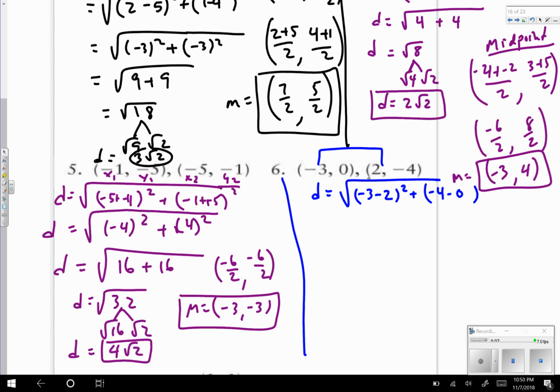I did this minus this, so I should have done 0 minus -4. But whatever. So 0 minus -4 squared. So this right here, 0 minus -4 is just going to give me 4 squared, plus -3 minus 2 is going to give me -5 squared,